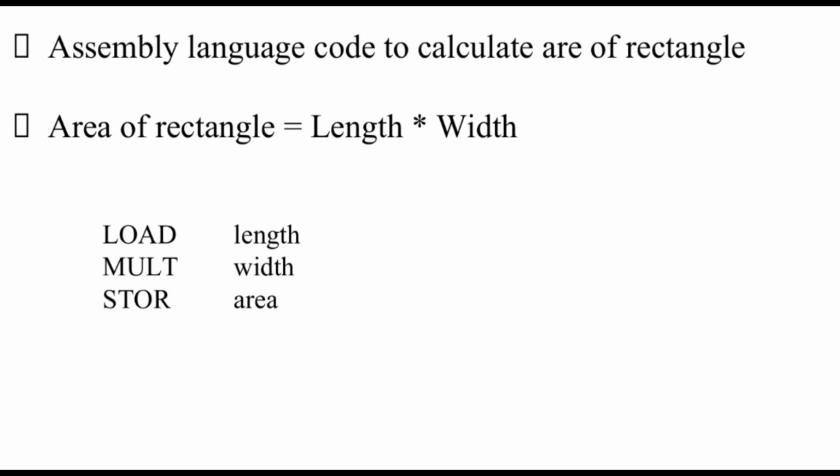Assembly language code to calculate the area of a rectangle. Area of rectangle is equal to length multiplied by width, is equal to load is